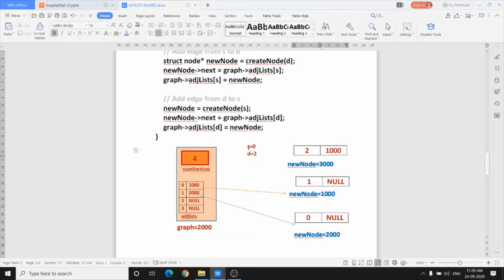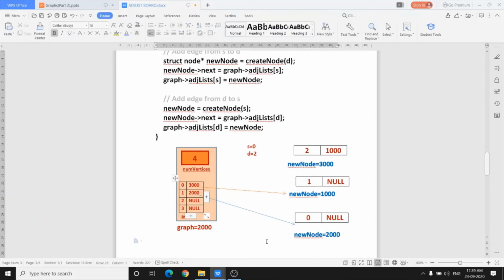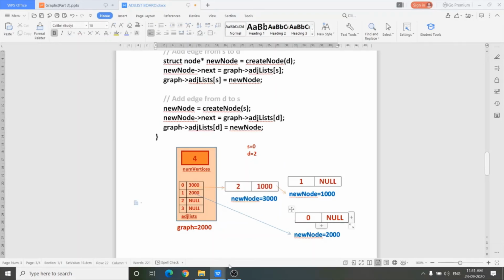ADJ list S is 0, so here at ADJ list S you have to give the new node address. What is the address of the new node? It is 3000. So see how the link is created. This node's address, whose info is 2, is 3000, and it is stored here.